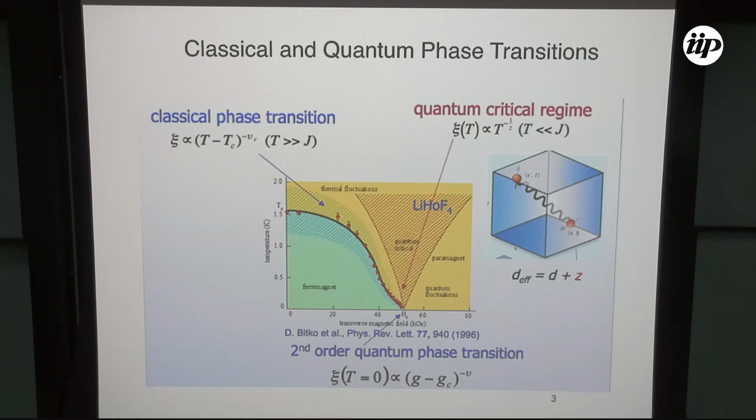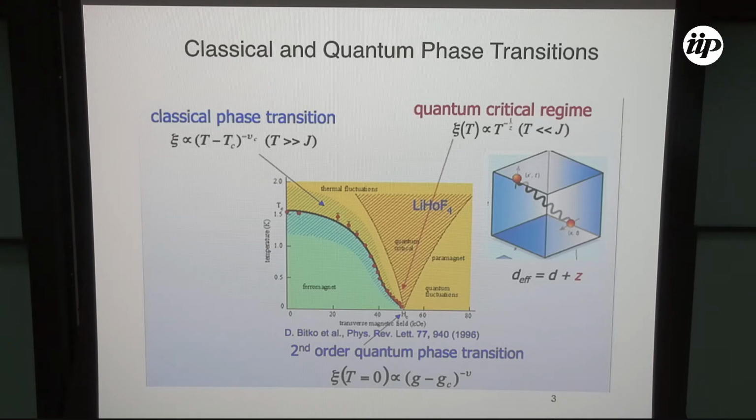In the case of lithium holmium fluoride, that was studied a lot by Tom Rosenbaum, Gabe Aeppli, and their collaborators, there is a transverse magnetic field. It can be pressure, it can be lots of other things, but it can't be temperature. So here we tune, in this case, with transverse field. We have a correlation length that again diverges, but now because dynamics are important, the effective dimension is d, the spatial dimension, plus z, the dynamical exponent associated with the dispersion. That is, omega goes like q to the z. Okay? So that's what a quantum phase transition is.